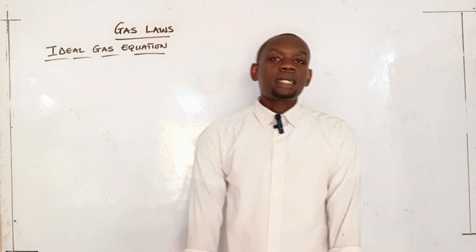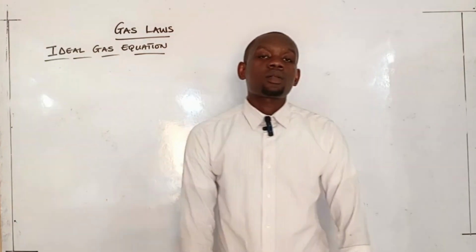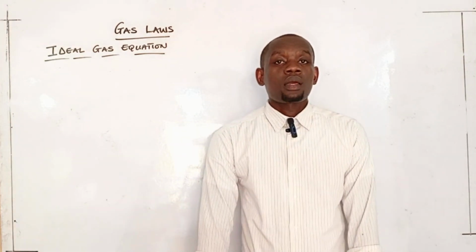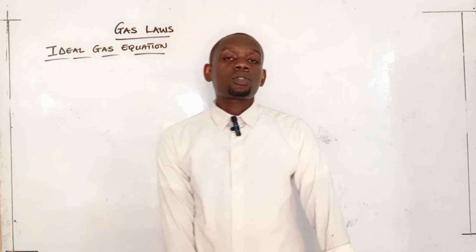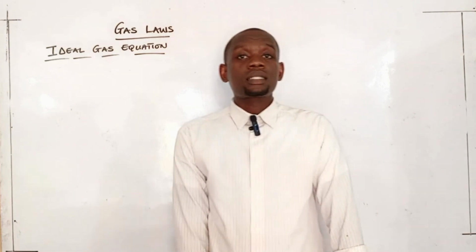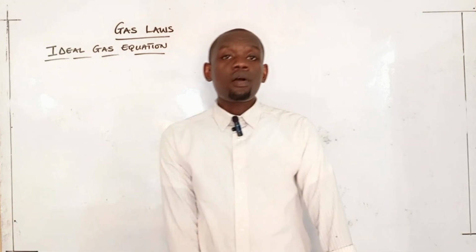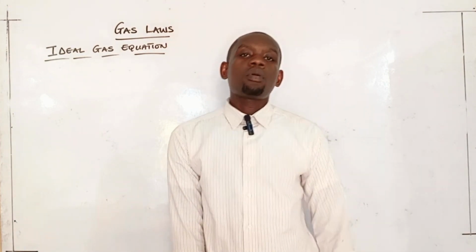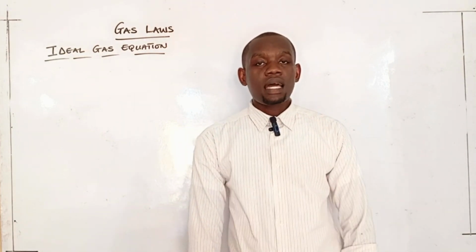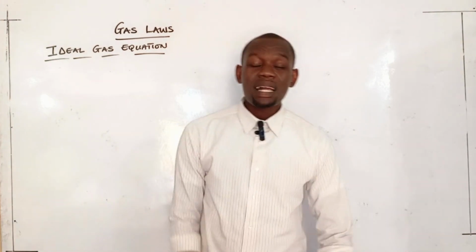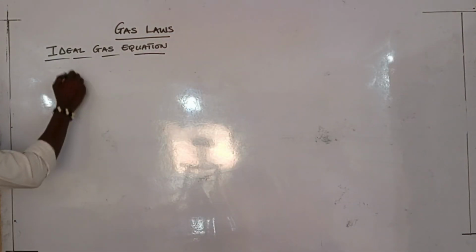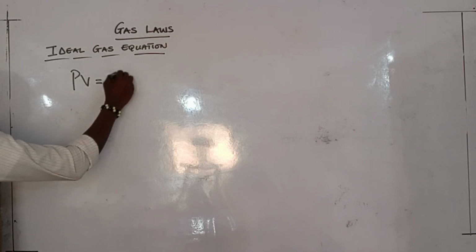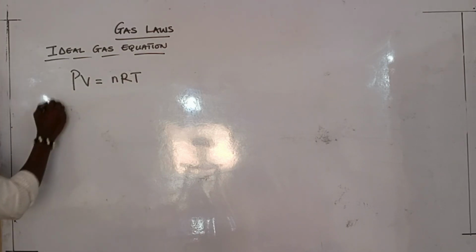We are looking at the last part of the gas law, which is known as the ideal gas equation. The ideal gas equation shows the relationship that exists between pressure, volume, the gas constant, the number of moles of the gas, and the temperature. So mathematically, this can be stated as PV = nRT, where